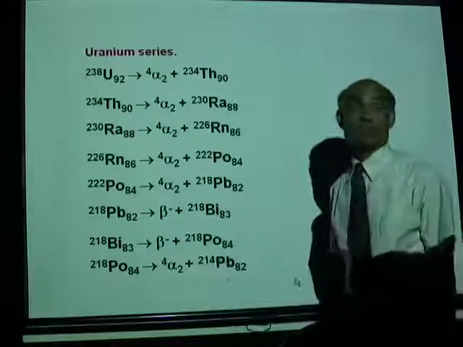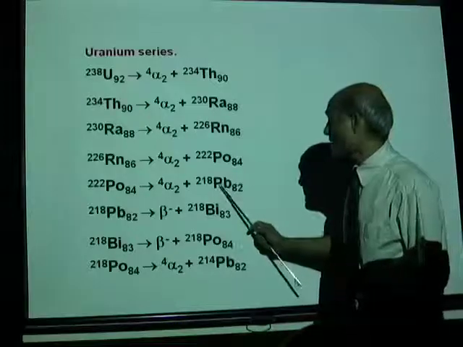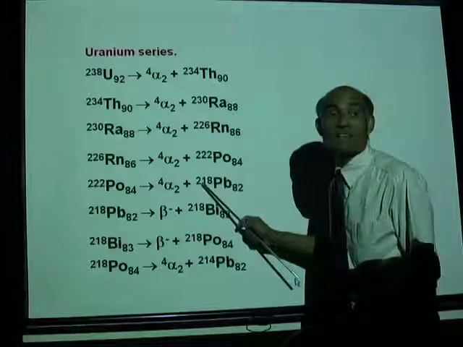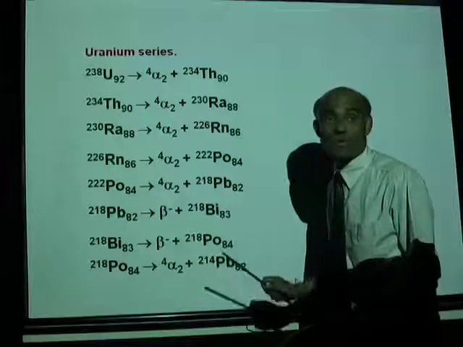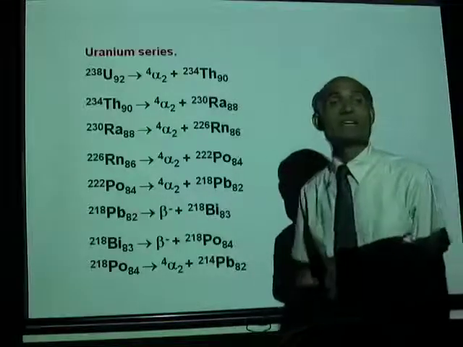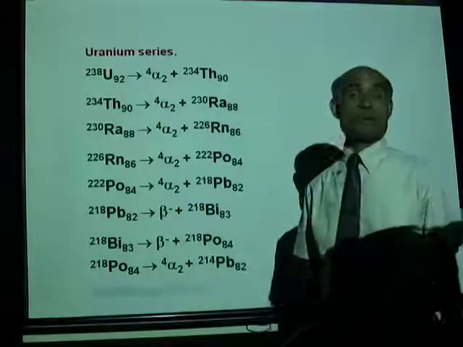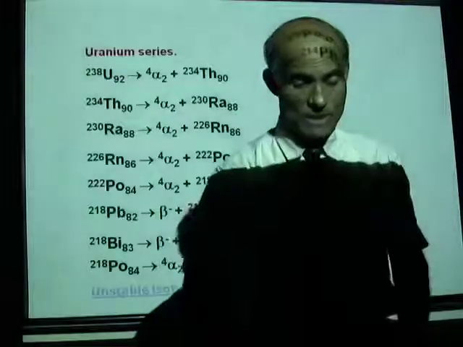Pb-82-214 is a stable isotope, whereas lead-218 is unstable. Lead-214 is a stable isotope of lead. Well,